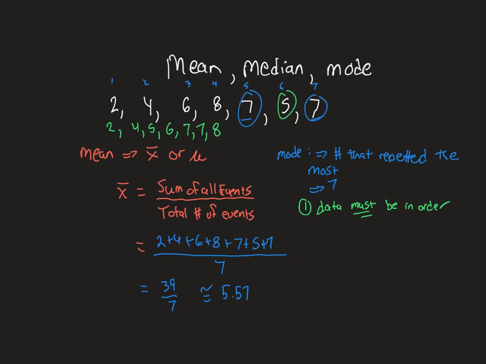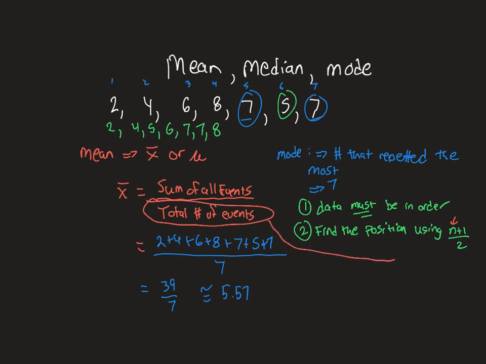Once you put it in order, the second thing is you find the position, so basically where it is, using n plus 1 over 2. So n is your total number of numbers. Which we know from the last one is 7. So should get 7 plus 1 over 2, which is 8 divided by 2, which is 4, which means my median is in the 4th